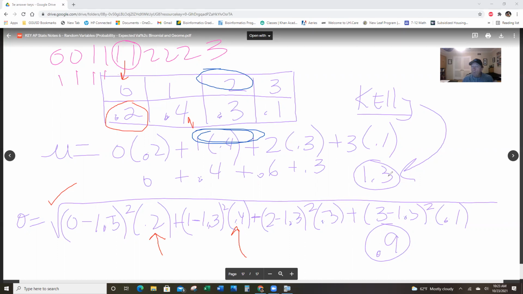And the mean is 1.3, meaning this is slightly skewed to the right because the mean is to the right of the median. Now, the other way to do that is to look at these numbers, and when you cross the 50% mark, that is your median. So 20% plus 40% is 60, so it must have crossed with one of the ones. So that makes that the median, okay? Very cool. So that's a little extra problem. I think it's really good for you to do and marinate on.